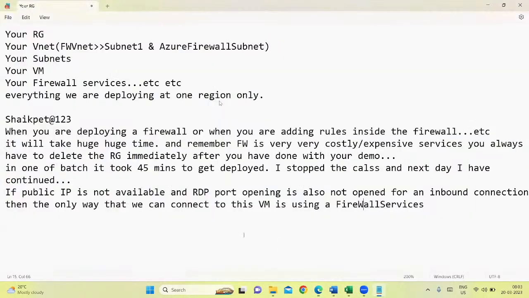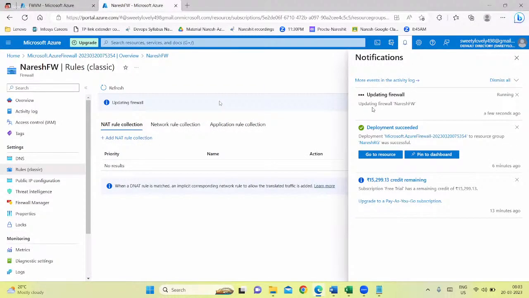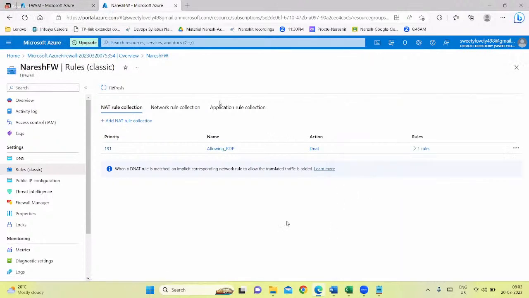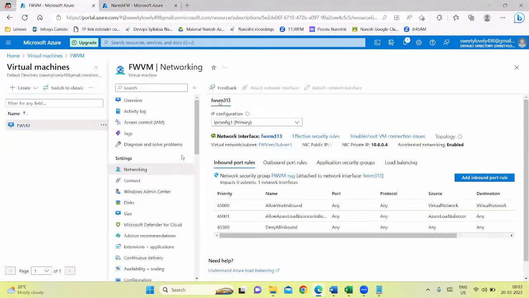Everything, guys, as I have told now, every activity related to firewall will take some time. It's not just happening on a click of a button. See now, the firewall rule is getting updated. Previously I have shown we are not able to connect to the VM, right? We are not able to connect to the VM, but now as the firewall rule has been implemented,